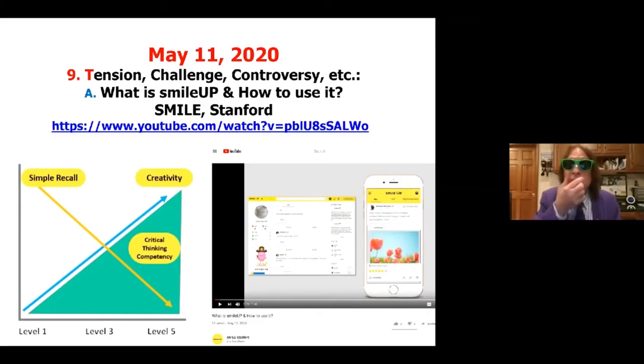He's now got SMILE Up, where the computer can rate the students' questions on a scale of 1 to 5, like Bloom's taxonomy. So the students can type in questions on their mobile and ask each other difficult questions, or then the computer can evaluate those questions. The computer can also generate the questions. So if you go to the website I have there, or go to the SMILE project, you can download it and use it in your classrooms for free. It's an artificially intelligent-based tool that rates millions of questions on a scale of 1 to 5, from factual questions to evaluation questions. Not 6 levels like Bloom's taxonomy, 5 levels.